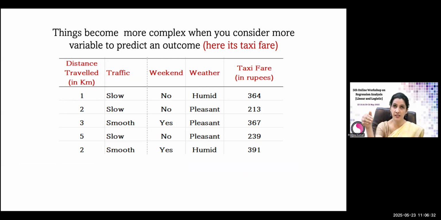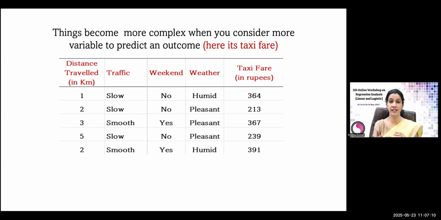But in this case, you can see if I take a few more variables, like what is the traffic, whether it is slow, very slow, smooth, or very congested, whether it is a weekend or a weekday, whether it is humid, pleasant or rainy. Because whenever you book Uber or Ola, if you book in the high rush time from 8 a.m. to 10 a.m.,